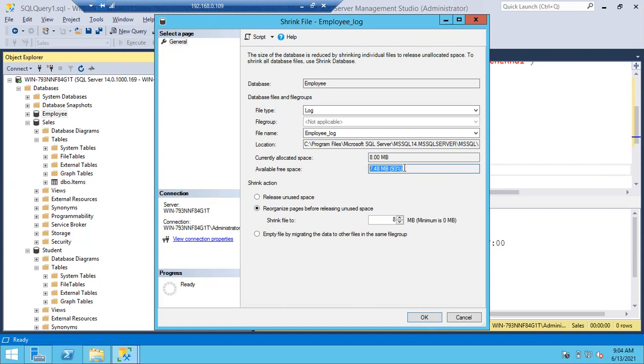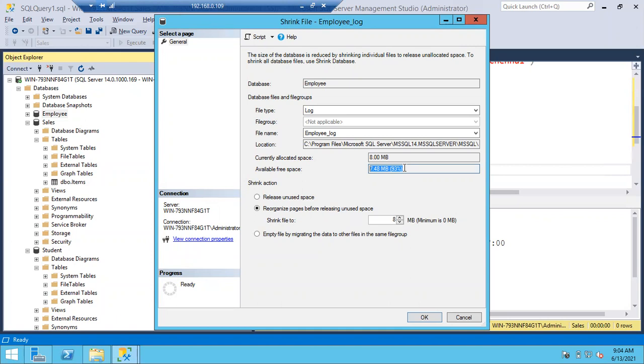Even though it is full, if data is still coming, it will show you the negative value. For that, you know the solution, as you're working. You have to check why the log file is not being reused by using: select name, log_reuse_wait_desc from sys.databases. Take the action accordingly.